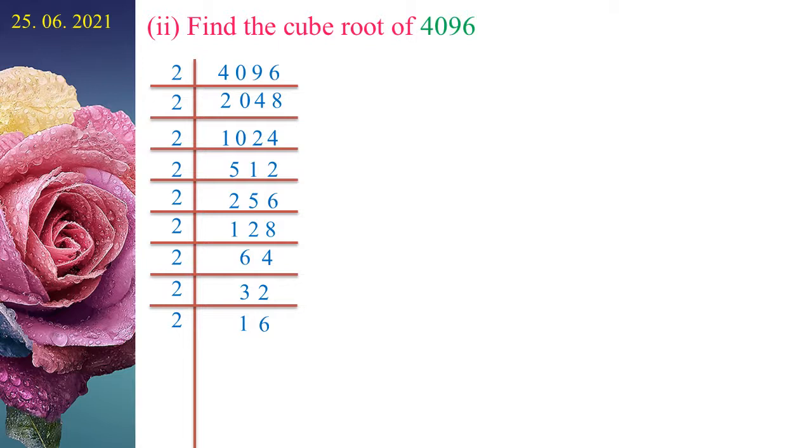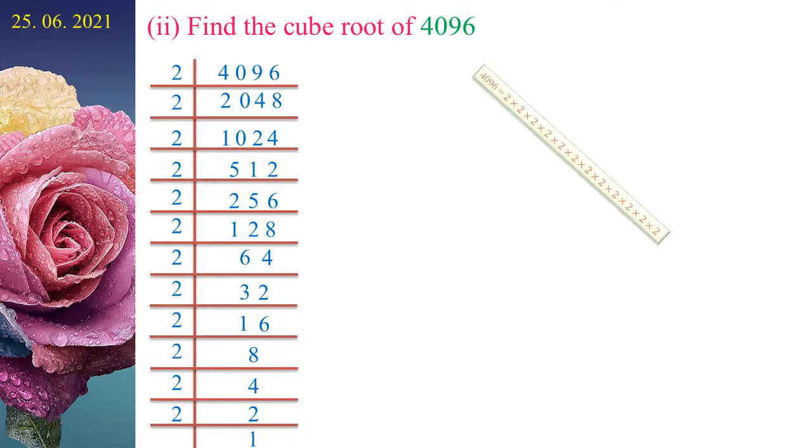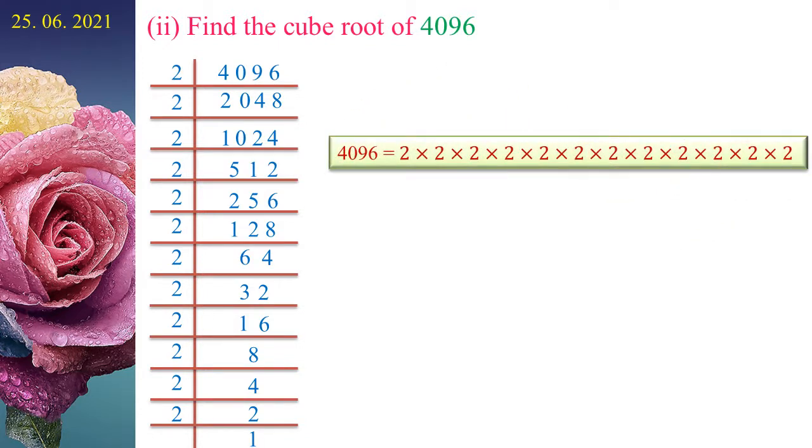The number 16 is divisible by 2. 8 2s are 16. The number 8 is divisible by 2. 4 2s are 8. The number 4 is divisible by 2. 2 2s are 4. The number 2 is divisible by 2. We will get 1. The prime factors of